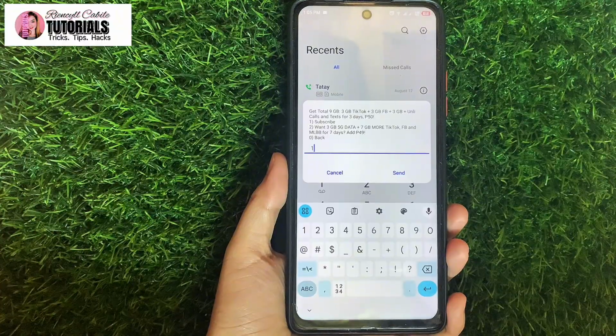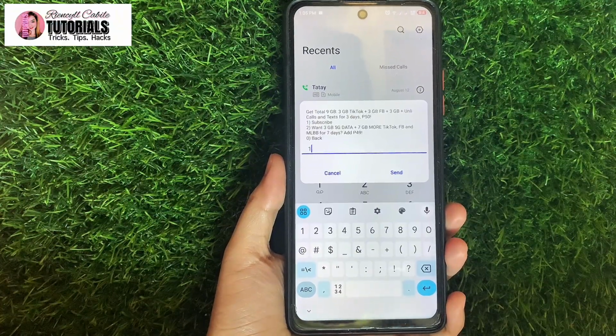So ayun lang guys, ganun lang kasimple kung paano nga ba mag-register ng new Saya All 50 sa ating Smart